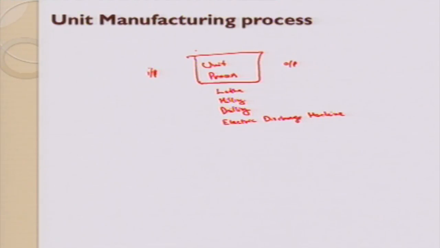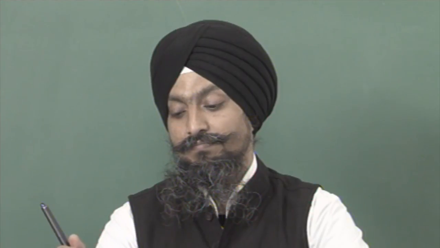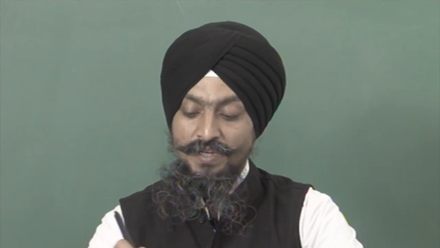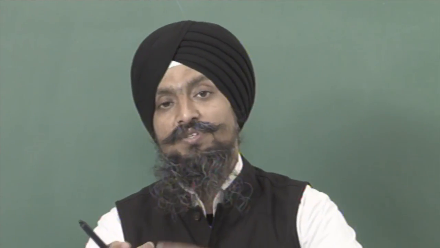So, what we are going to do in the experimentation, we are going to conduct the live experiments on this unit manufacturing process. We will optimize the parameters. The parameters may be, for instance, for milling, the speed of cutting, the feed, the depth of cut. So, these 3 parameters can be optimized with respect to the energy consumption, with respect to the quality of the product. For instance, the force that is consumed in doing machining can represent the energy.